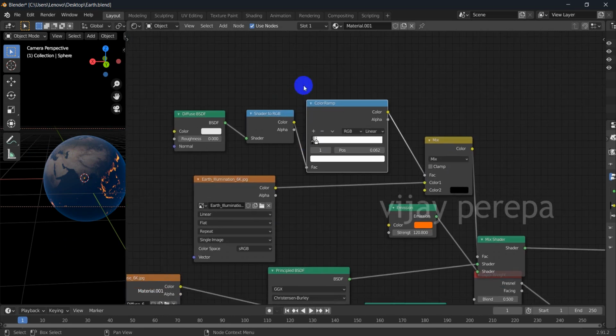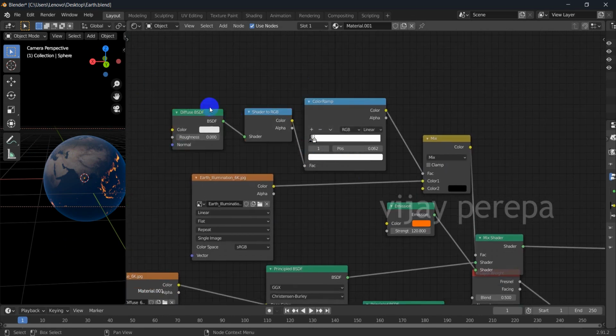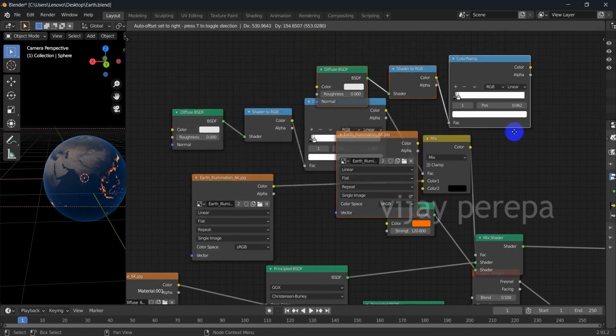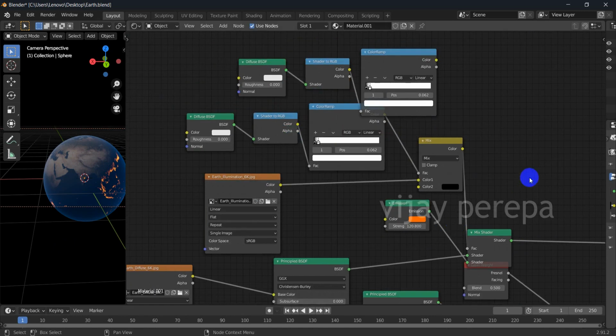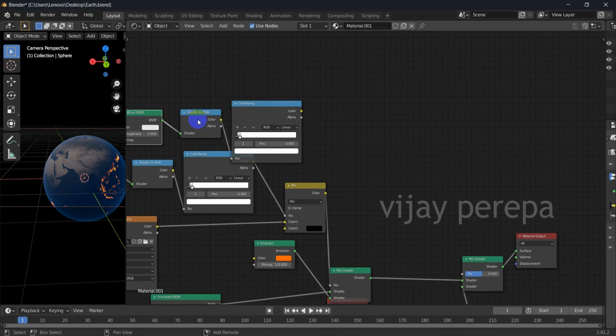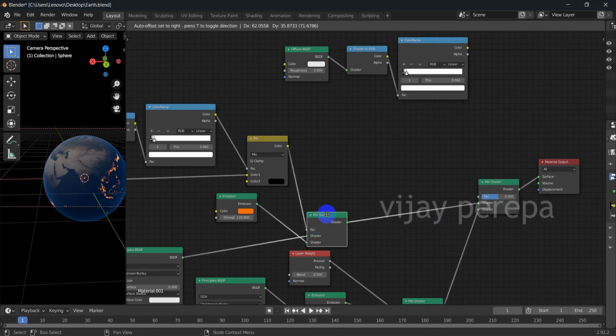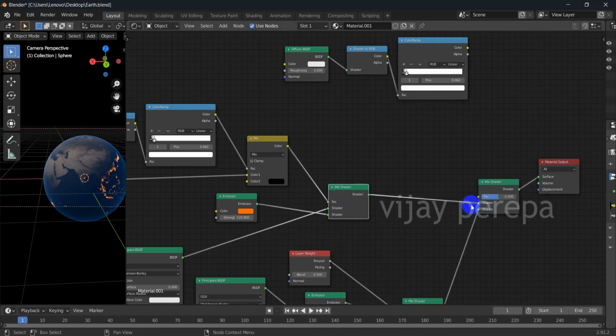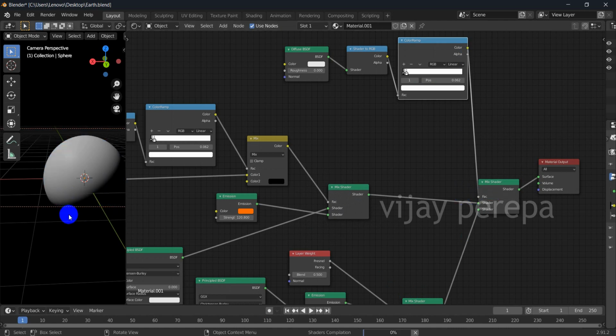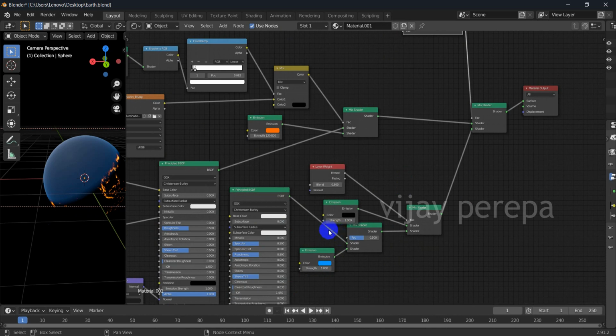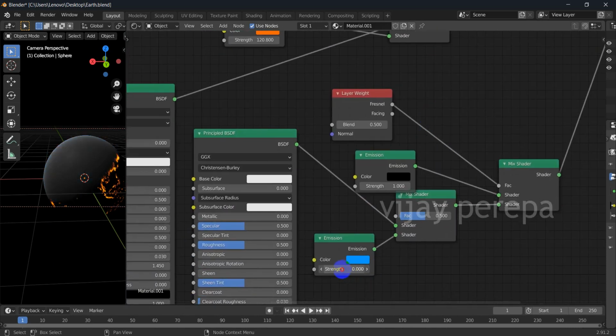For that we need to add one more set of these 3 nodes. Shift D. I don't think this is required. And then this connection needs to be connected with color. Then you can see the real separation of both day side and night side. Only thing is I need to clear this strength and other things. So I need to decrease the strength,